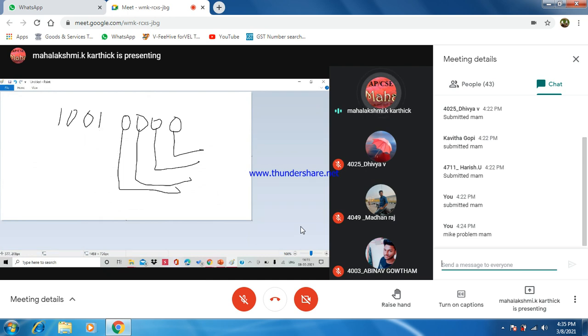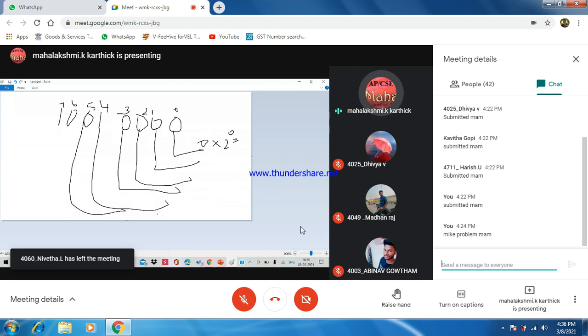It's better to know the shortcut. So how do we do this? 0 into 2 to the power 0. Similarly, you have to find for all. Because this is 0, 1, 2, 3, 4, 5, 6, 7. I write very badly with the mouse, please adjust a little. Okay, so you can easily find out the value like this. If you know the shortcut, that is more than enough.